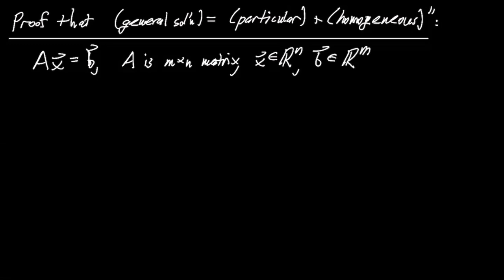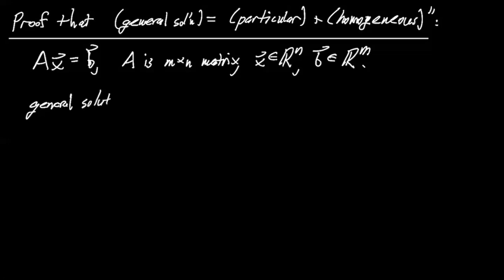Then the claim was that the general set of solutions, all x that satisfy this equation, you can find one particular vector that satisfies this equation and then add all the homogeneous solutions. So the solutions to Ax equals 0. So let me write some stuff down just to try to formalize this a little more. So we could say that the general solutions,